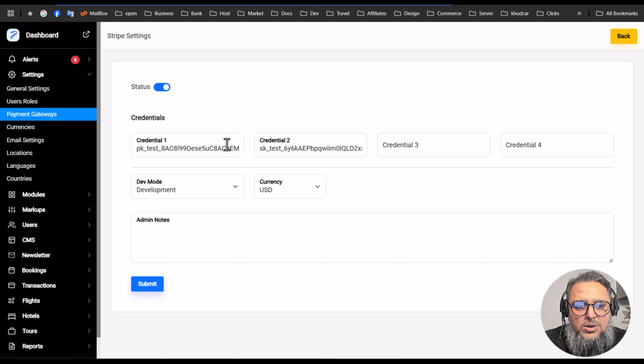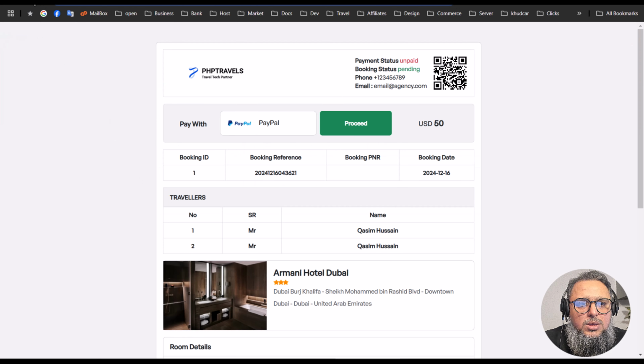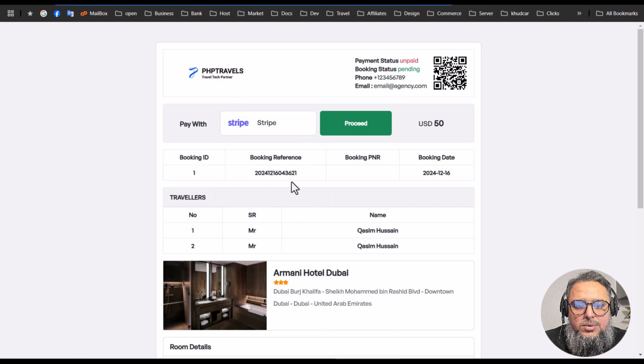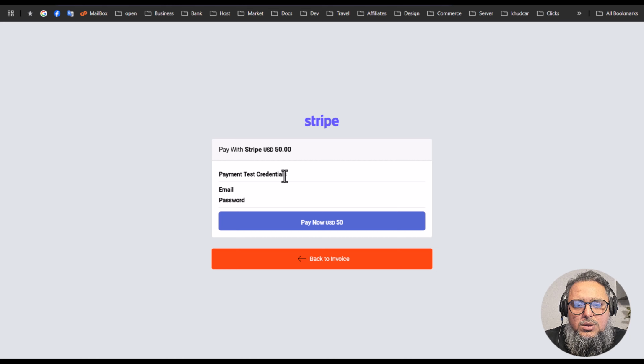So now we can see the credential has been saved, and then from the booking page, make any test booking, refresh the page, select Stripe, and proceed to booking. From the booking page, you can click on the Pay Now button